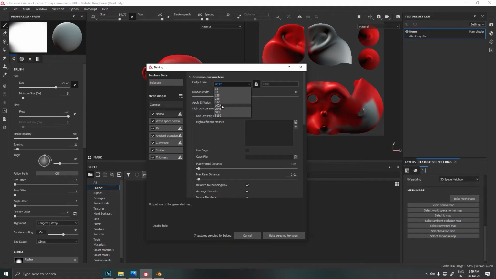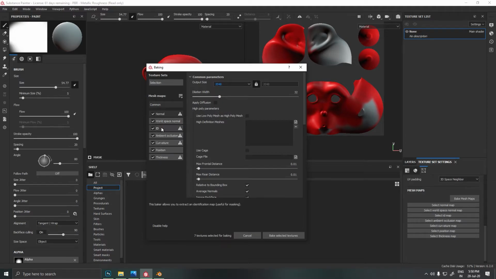Don't go below 1K because the quality will not be good and the image will be blurred out. When I started using Painter, I was not aware of this, so I used 512. The result was not so good compared to the other projects which I have done. So just switch it to 1K or 2K, or if you have a good PC or a good budget of model which you have made, go with 4K or 8K, but I mostly prefer 2K.